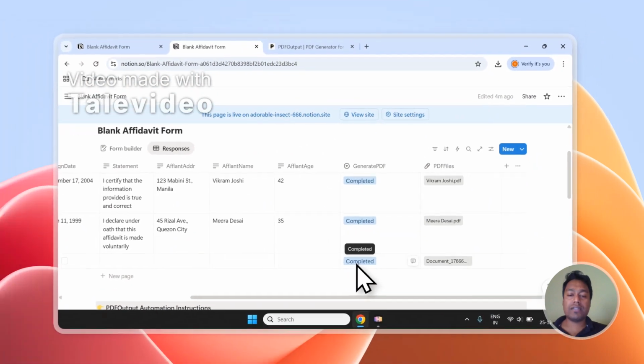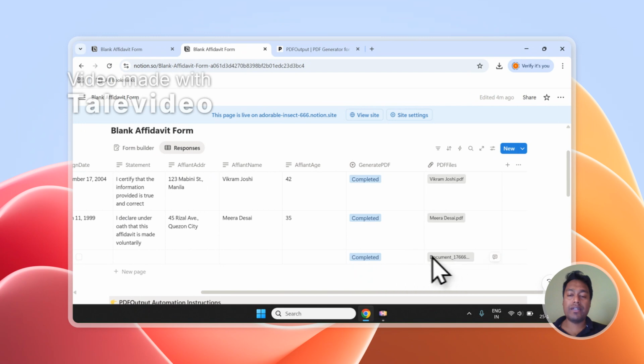As you can see, this has marked the process as completed and the PDF has been created right within the database as we discussed. This is how powerful PDF output tool is, and it creates the